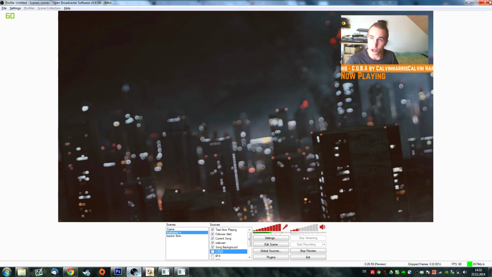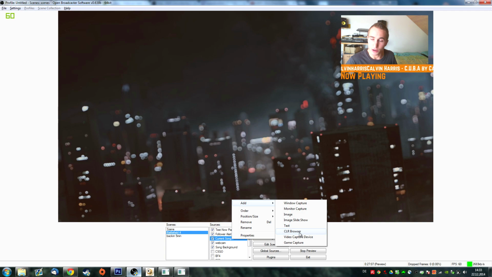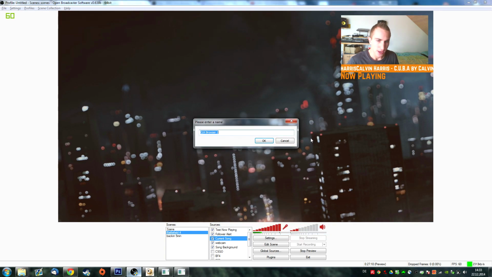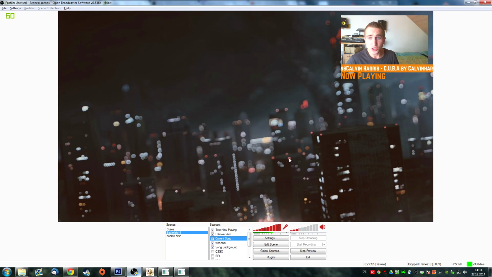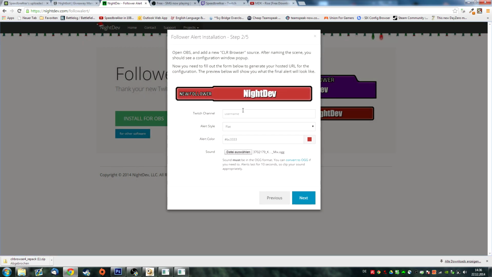Now you have to close OBS and reopen it again for the changes to actually appear in OBS. Once you've done that, if you click on Add, you see the CLR browser appear here. Now, this is just a test if it works, and if it does, this is good. So basically what you need to do now is click on Next, put in your username,